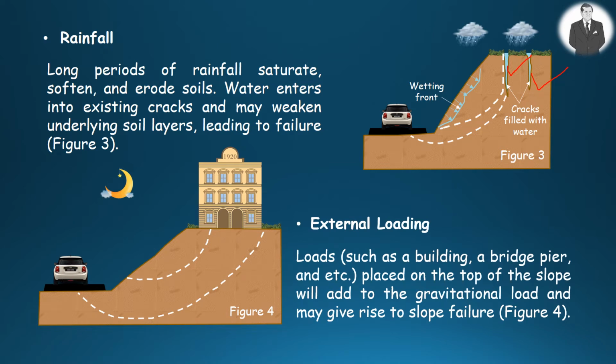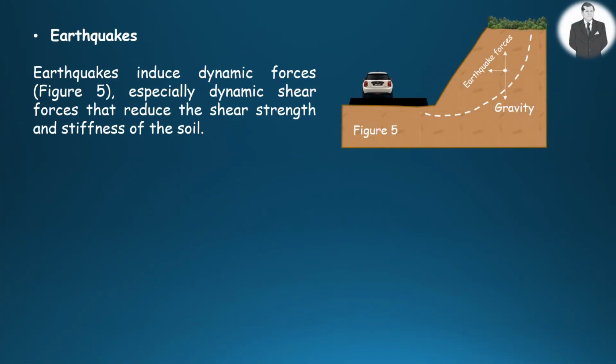Loads such as a building, a bridge pier, and so on, placed on top of the slope will increase the gravitational load and may induce slope failure. Earthquakes bring about dynamic forces as illustrated in the figure here. Vertical and horizontal dynamic forces act through the centroid of the sliding mass, particularly dynamic shear forces that reduce the shear strength and